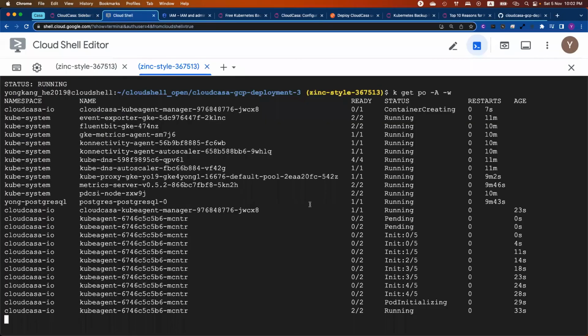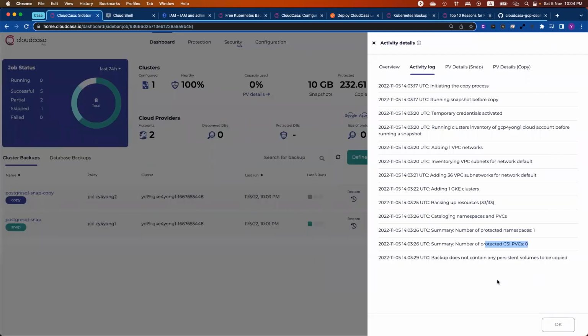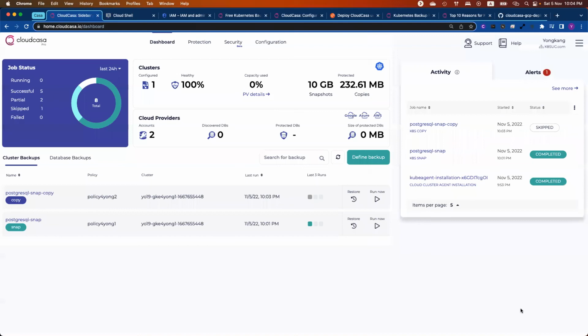Actually, let me go to the command line. If you keep running here, let me see where is my PVC. Actually, I do have my PVC listed here. Anyway, I will try to fix that later, but just to share with you on the high level, the process,